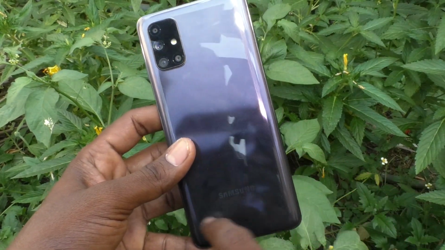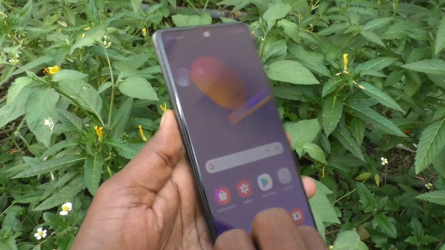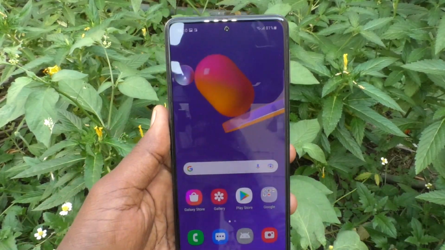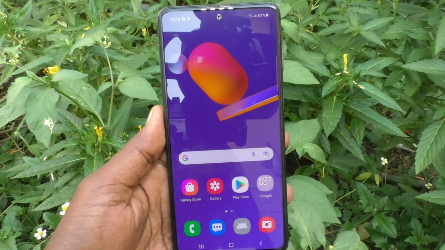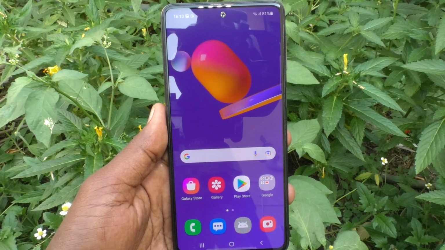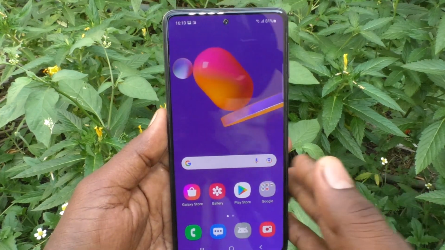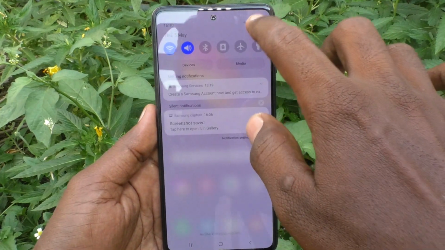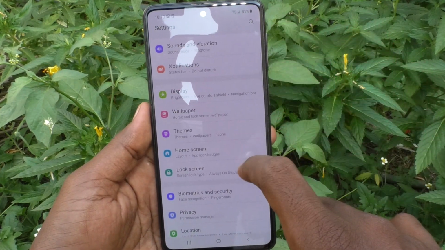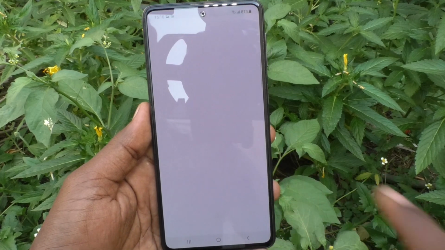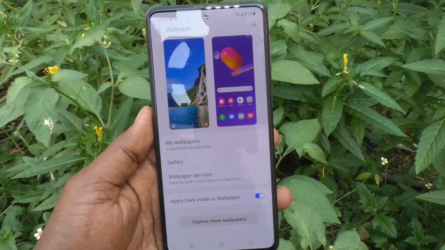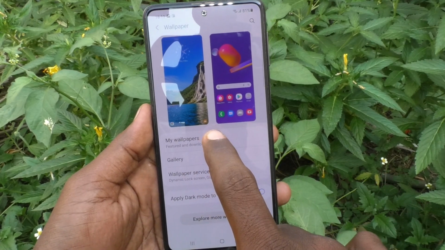Here is Samsung Galaxy M31s smartphone. In this video, you will learn how you can change wallpaper in your phone Samsung Galaxy M31s. First of all, go to the settings and click on wallpaper. Now click on my wallpapers here